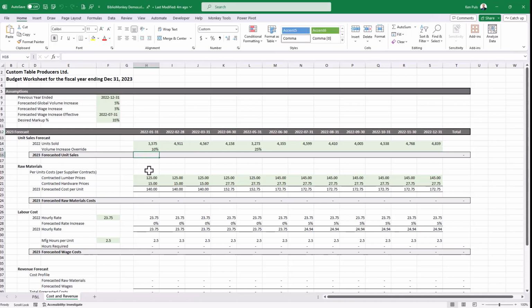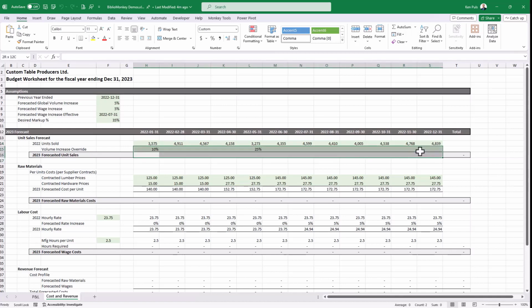This one's going to be a bit more complicated. What I do is I frequently set up schedules like this, where the intent is to say, I want my 2022 units and I want to increase that by a global 5% unless there is a value in this cell. And in that case, I want to use this one. So I've got a formula already set up for this, but it's a little bit more complicated. And I don't want to have to remember how to do this every single time.